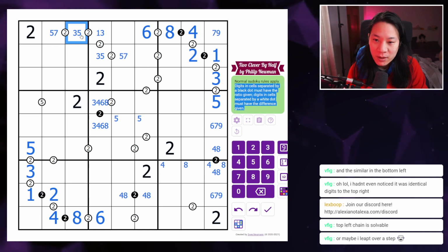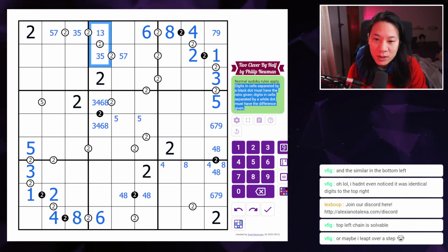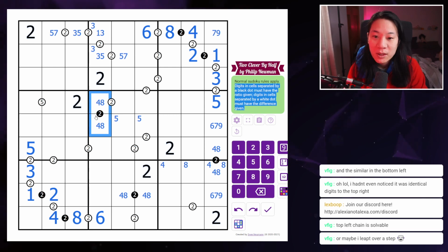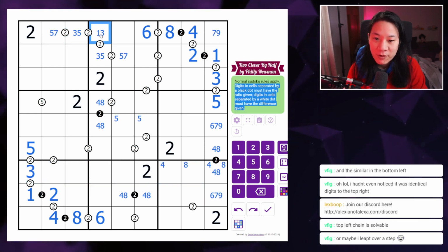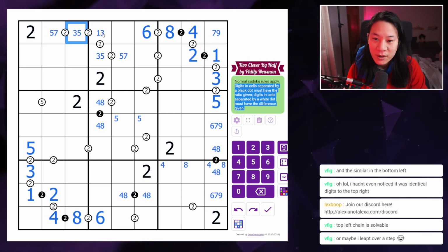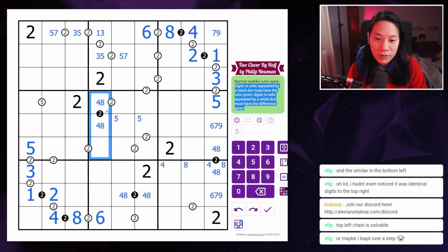If this is a 3, that's got to be a 3. If this is a 5, then that's got to be a 3. So either way, I've got a 3 here. This is a pointing pair of 3, so this can't be 3 and 6 anymore. It's got to be 4 and 8. I feel that's a sensible bit of logic, because it's either 5, 3, 1, 3, or 7, 5, 3. Yeah, so 3 and 6 can't...